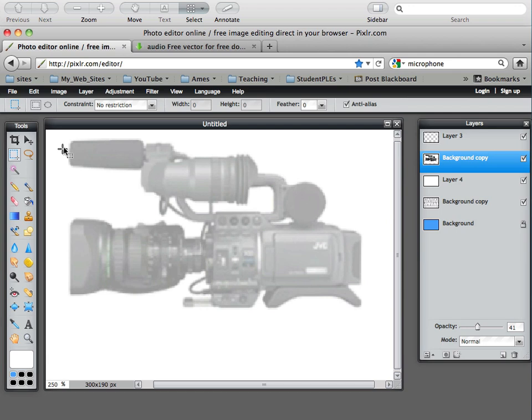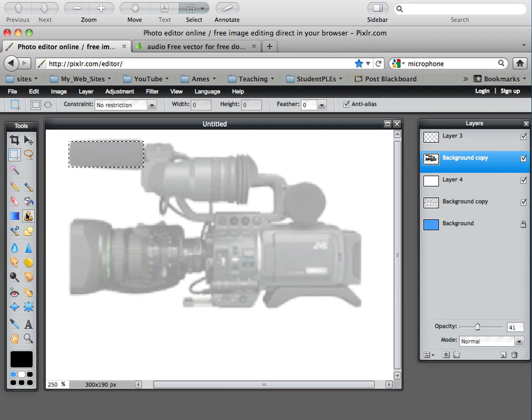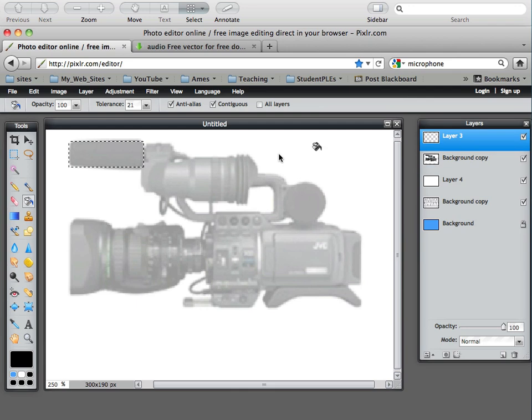So I'm going to quickly do this to give you an idea. I'm going to use the selection tools here. I'll use the rectangle marquee tool and I'll use the lasso tools and I'll create my silhouette. I'll choose black for a color. Click OK, and I could use the paint bucket. Now I don't want to fill this layer. What I want to do is make sure I'm on this top layer that's empty right now. And I can go ahead and start